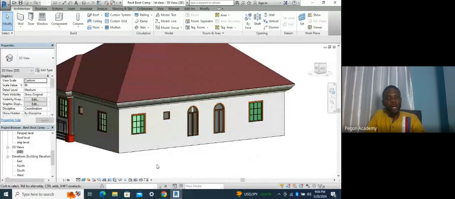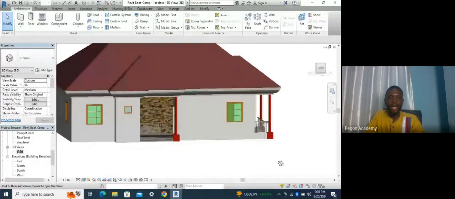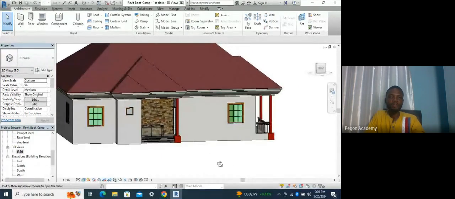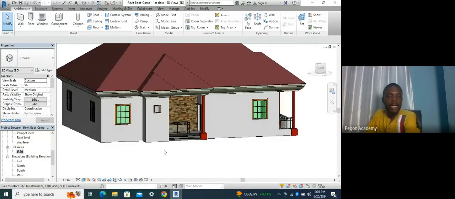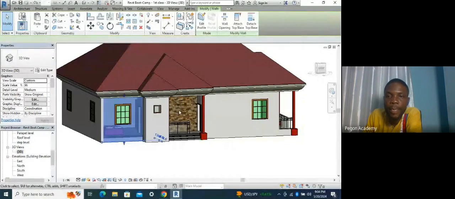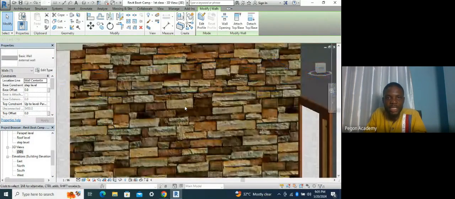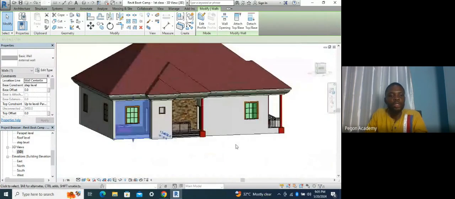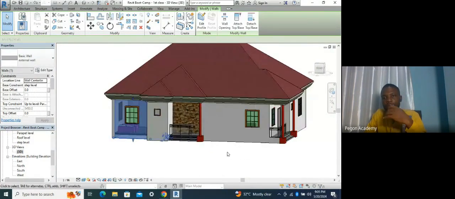So to give it a more appealing look, I can actually make this wall the same material with this one. You can see I have a different material for this entrance wall. So I can actually make use of that same material